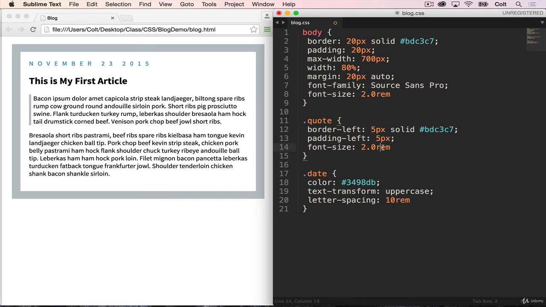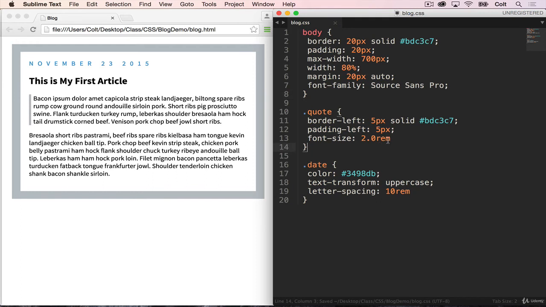Versus if this was EM, it would be setting the body to be twice as big as the parent element, and then the quote, which is inside the body, would be twice as big as this one here. So it's relative. When we add in REM, though, it's referring to the root element. So this is a nice way to basically do proportional fonts without having to worry about what's nested inside of what. So I'm not going to change the font size on the body, but for